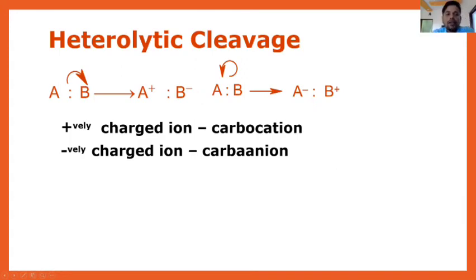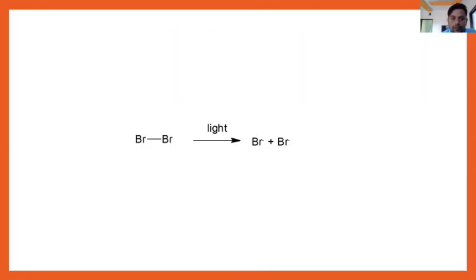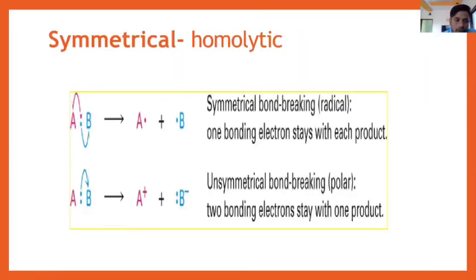So next is heterolytic cleavage. Okay. So in a heterolytic cleavage, what happens? Electrons are unsymmetrically divided, or the bond is unsymmetrically broken. Look at this, there is a double-headed arrow. In the first reaction we have a half-headed arrow. This is also known as a fish hook arrow because it indicates one electron.